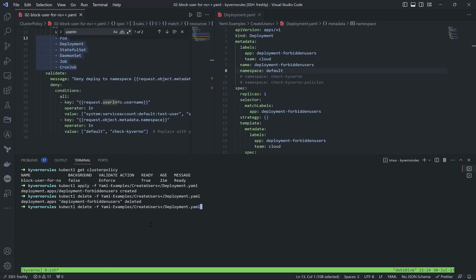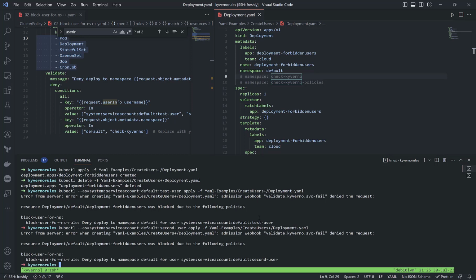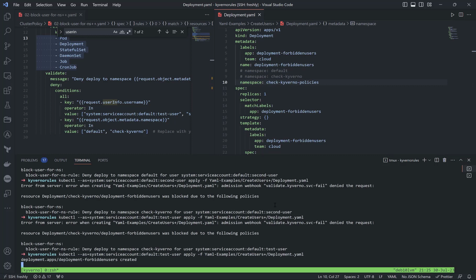If I try to apply the same deployment from test user inside of the default namespace, it will not work. At the same time, if I try to do it for second user, it will not work. If I try to do this for the check Kyverno namespace, second user and test user, it will not work either. But if I try to do the same thing for the namespace check Kyverno policies, it will work because it's not one of the namespaces which I defined inside